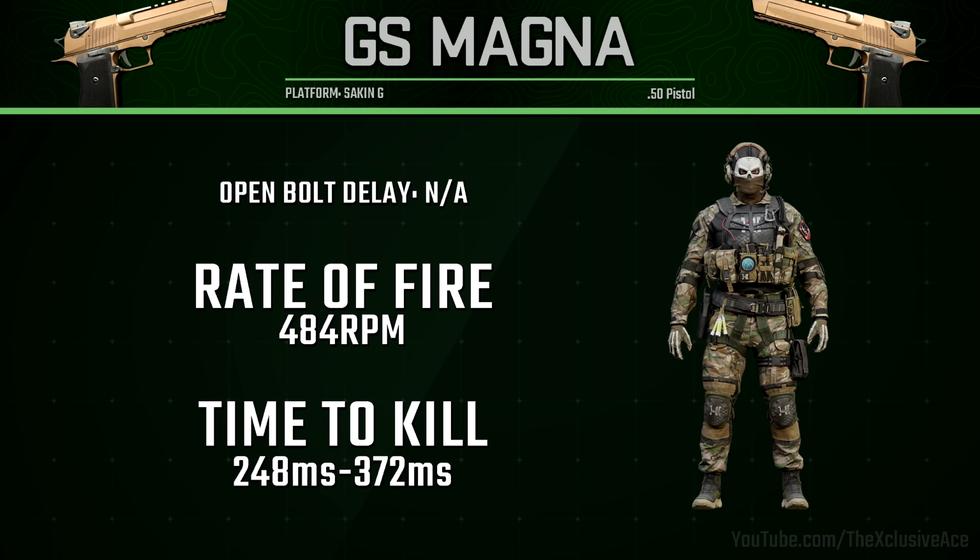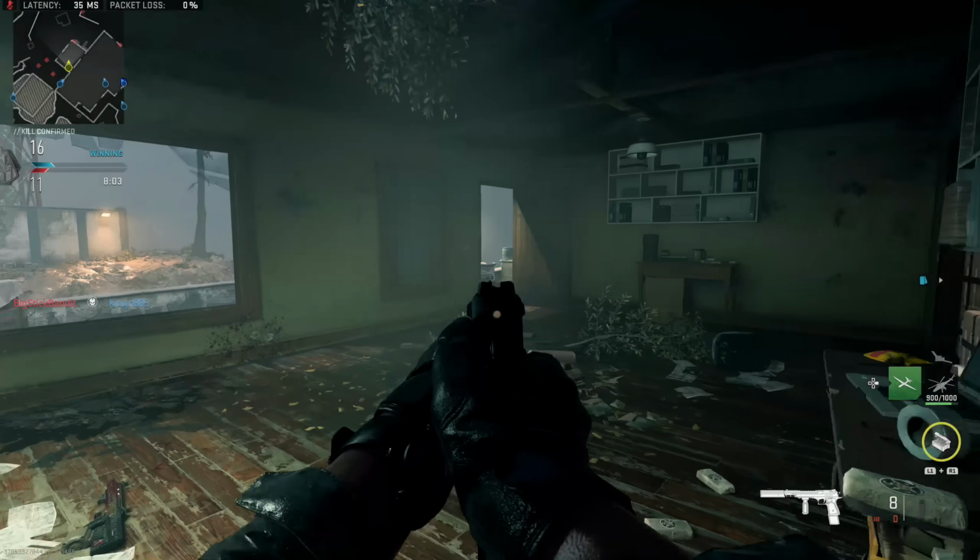And if we drop off to a 4-shot kill, it's now going to be killing in 372 milliseconds, which is quite slow. Now, if we manage to mix headshots in and get a 2-shot kill, now our time to kill potential is really good at 124 milliseconds. So if you're really trying to squeeze out as much power as possible, you definitely want to try to mix